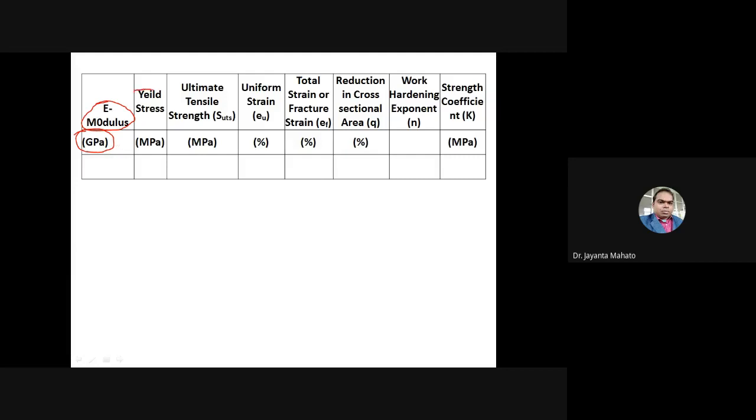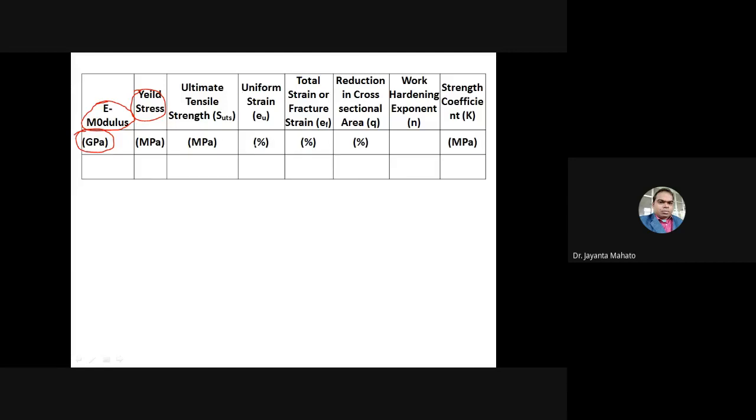Then yield strength. This is also a tensile property. So how can we calculate yield strength from a tensile curve? And ultimate tensile strength, UTS. The unit is MPa.